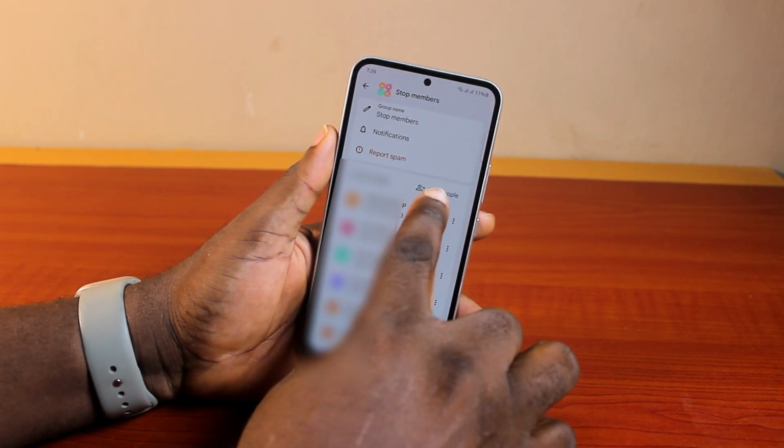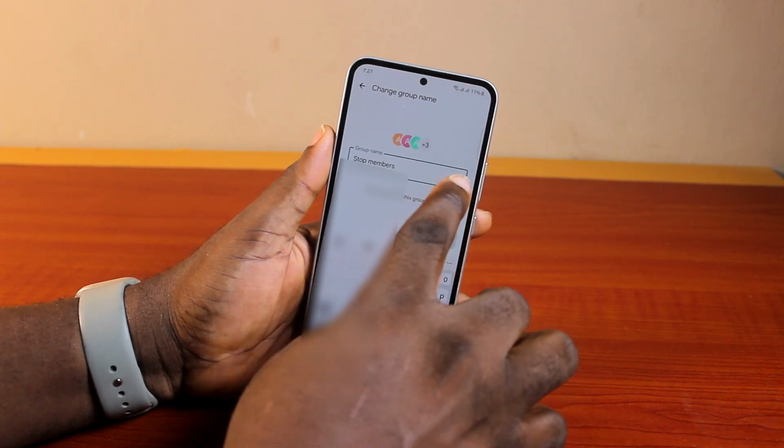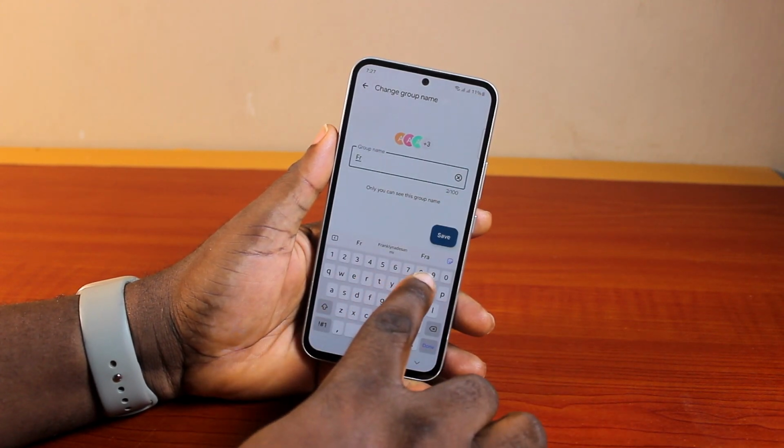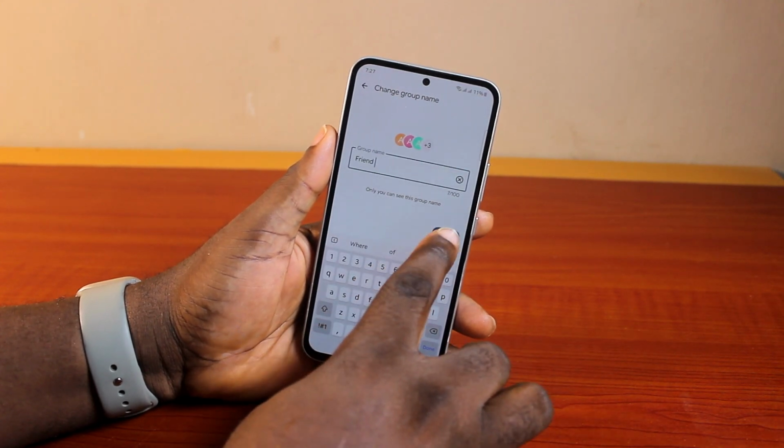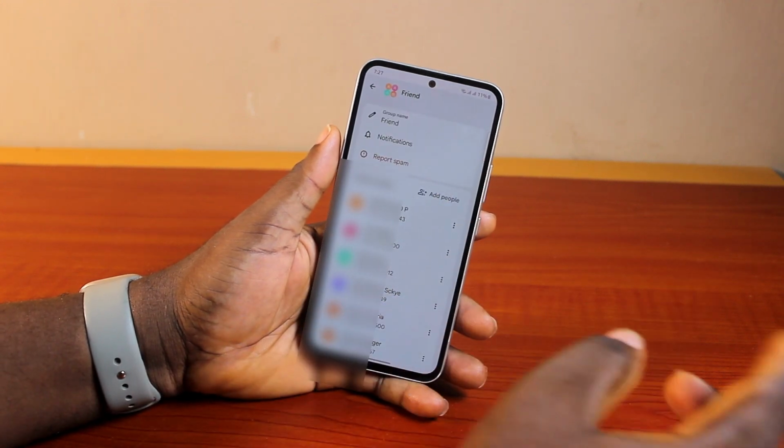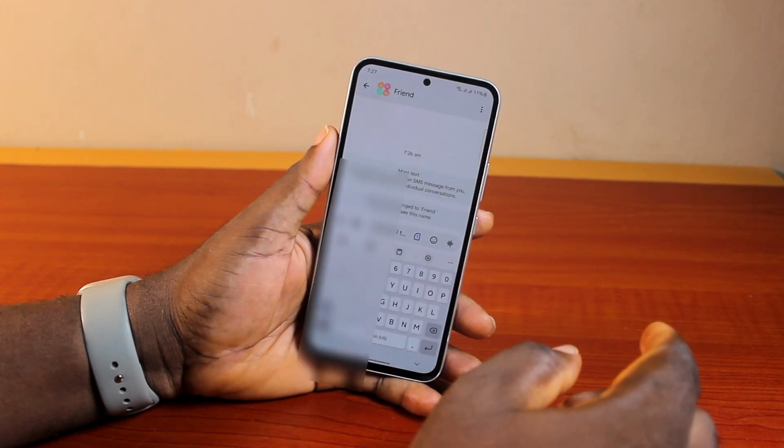You can still add more people to the group. You can rename the group name. So delete whatever you have here, type in the group name, click on save, and then you are good. So that is basically how to easily make a group